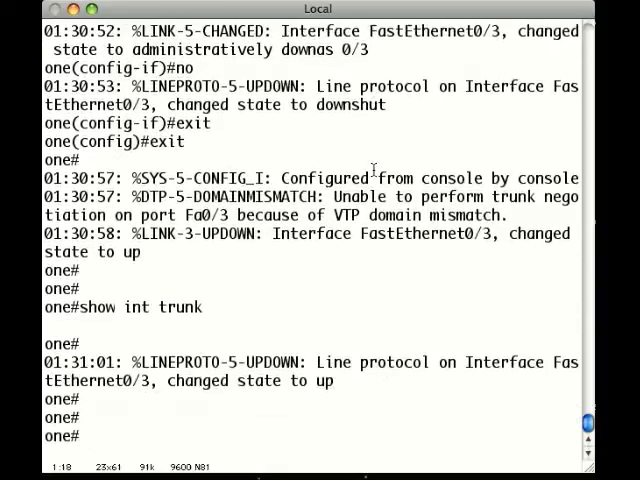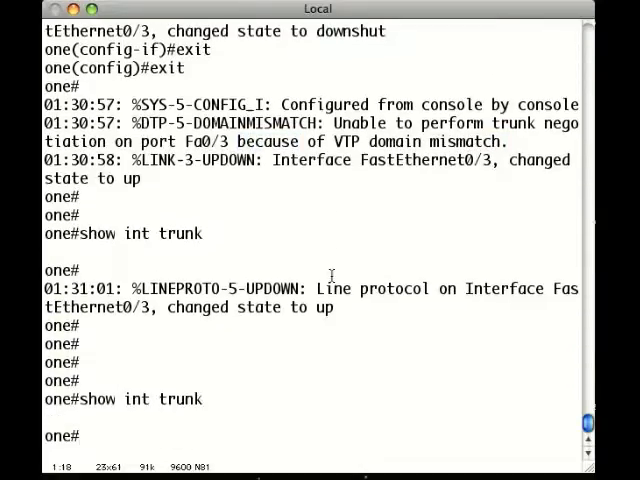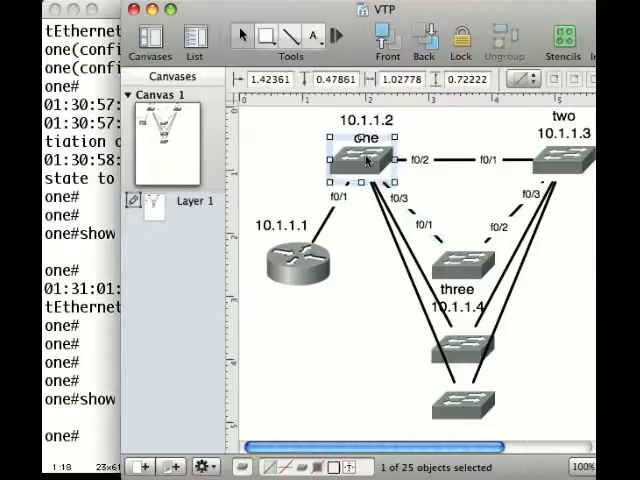So the line protocol comes up. I continue to get the VTP domain mismatch errors. It's unable to perform trunk negotiation because of the VTP domain mismatch. Okay, so here's the behavior. In order for the dynamic trunking protocol to dynamically create a trunk, the VTP domain has to be the same on both ends. If you already created a trunk because your VTP